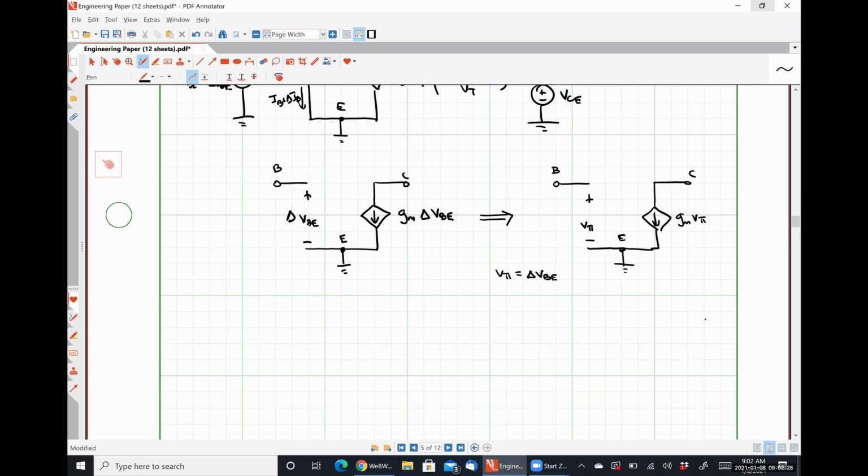All right. Now let's talk about something a little bit more pertinent. If a change in VBE causes a change in the collector current, and the collector current is simply a ratioed multiple of the base current, then it stands to reason that changing VBE also changes IB. It has to, right? So delta IB, the change in the base current, is simply delta IC divided by beta,